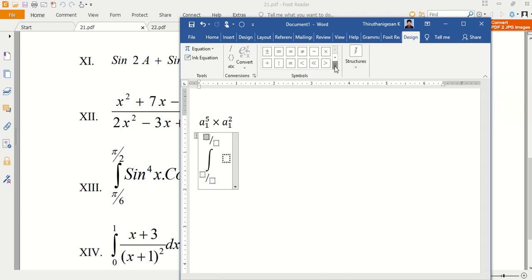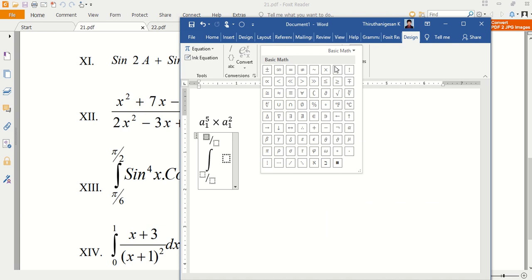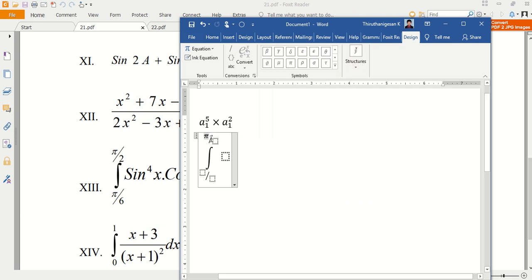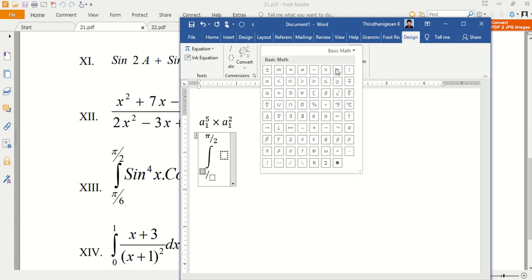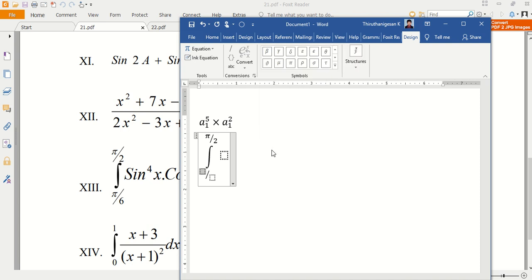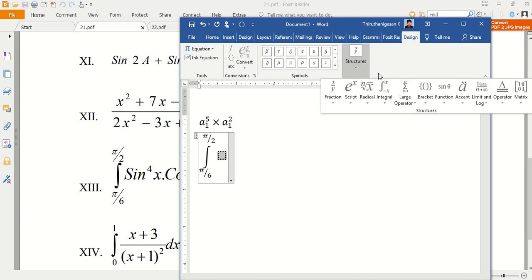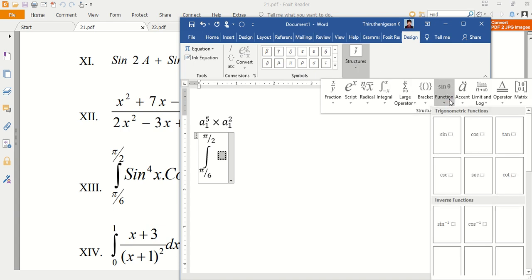Thereafter I want to have the pi. You can select the pi from here. Then after that, 2. Then again you want pi, then 6. For signs and other things, there are two ways you can get them: you can type them, or else get them from here.